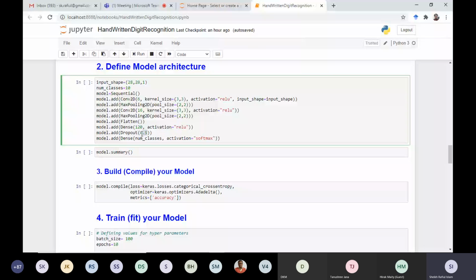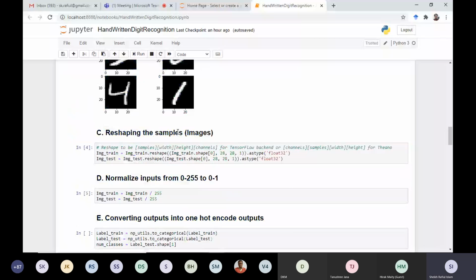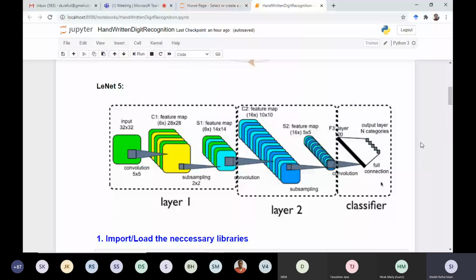That means randomly 50% of neurons will be deactivated during training. So whenever the training comes in this fully connected layer, randomly 50% of neurons will be deactivated, means won't function.